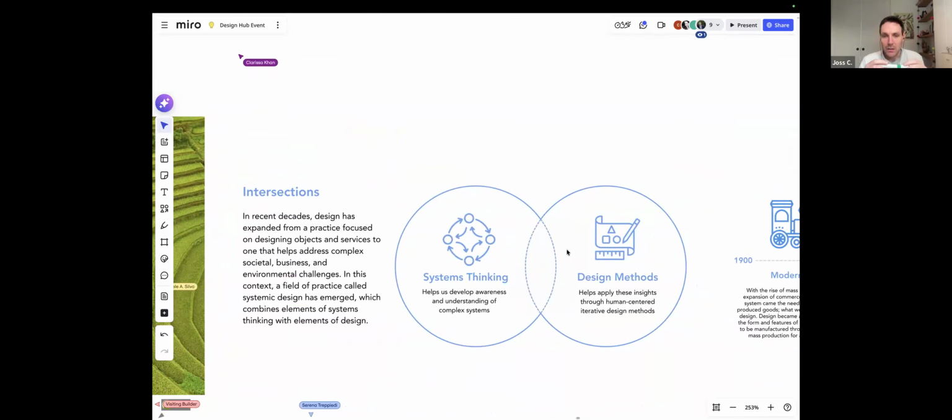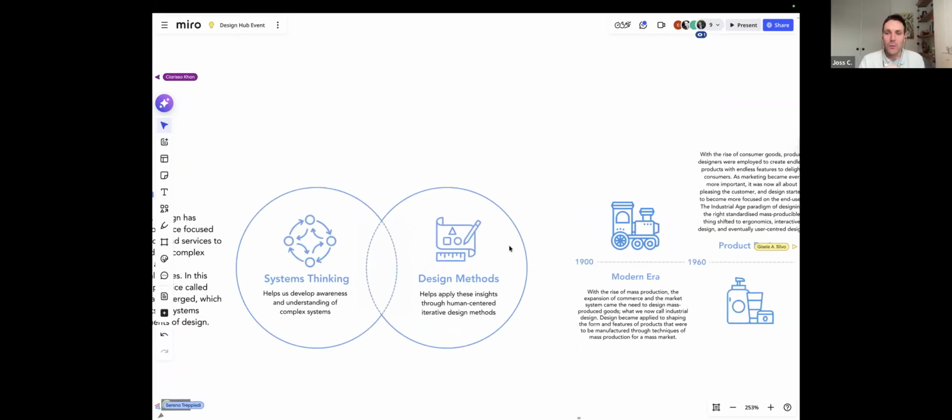We have other guides on our site that do, and many other people out there who attempt that. We just look at it as this kind of intersection of systems thinking and design methods, and how systems thinking can help inform and develop and grow our capacity for designing complex systems and working with complex systems through design methodologies. And that's the core of what we're looking at.